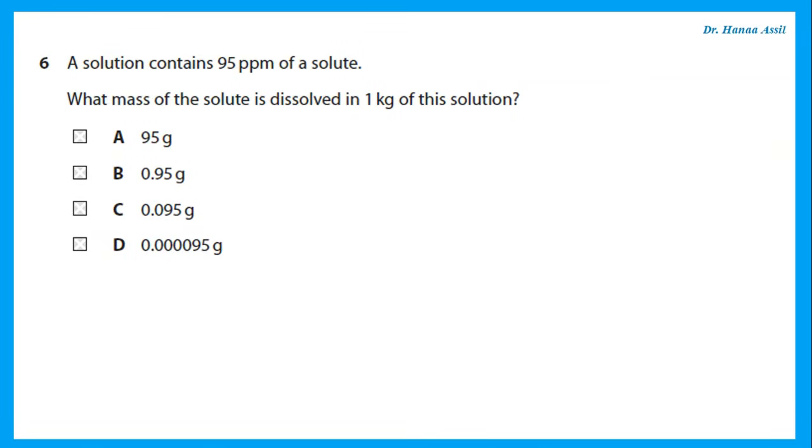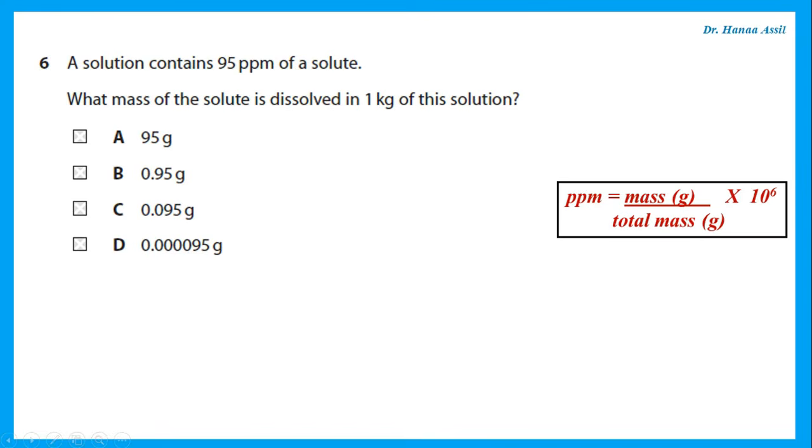The solution contains 95 parts per million of a solute. What mass of the solute is dissolved in 1 kilogram of this solution? Now, what do we mean by parts per million? You should remember that parts per million means the mass of the solute over the total mass of solution times